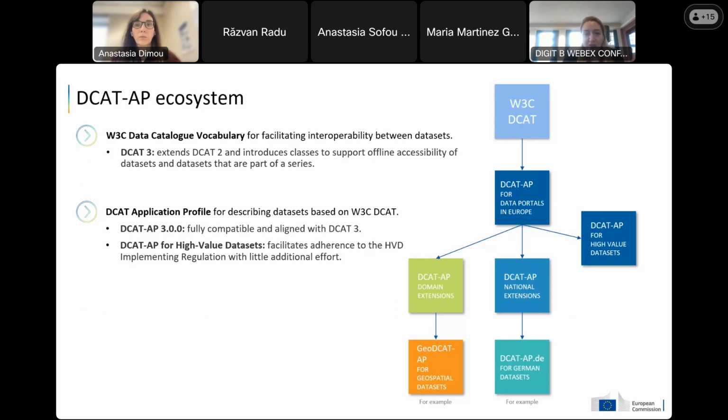Here you have a picture of the relationship between DCAT-AP and DCAT, and of course the different extensions that exist for DCAT-AP that have been developed in SEMIC and by national administrations and other stakeholders. Moving forward,